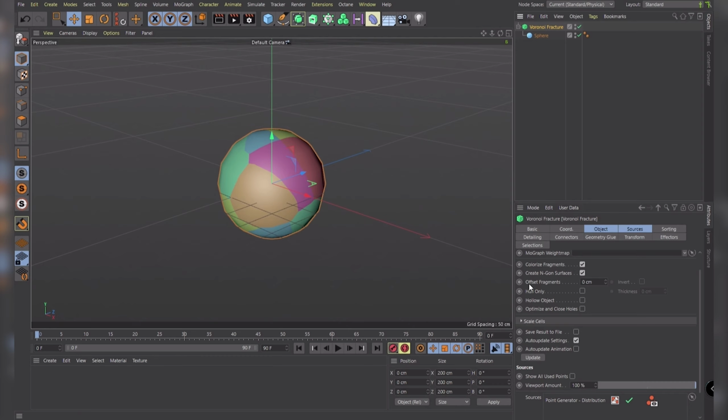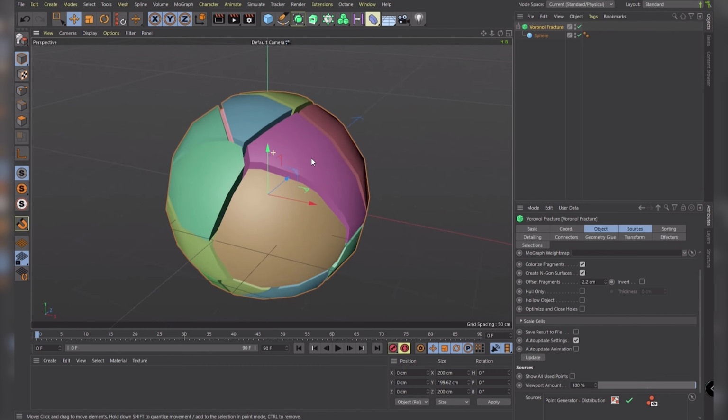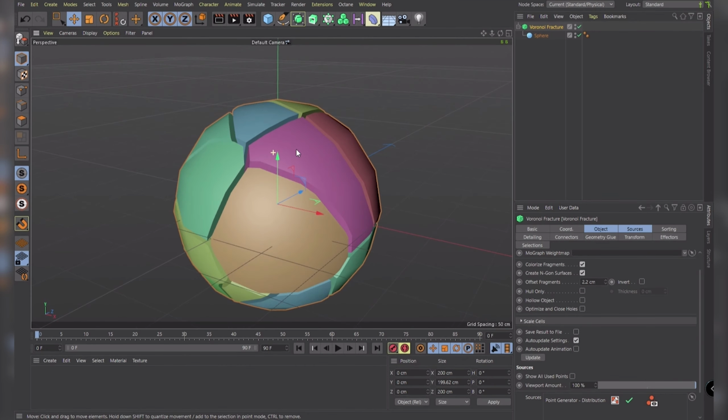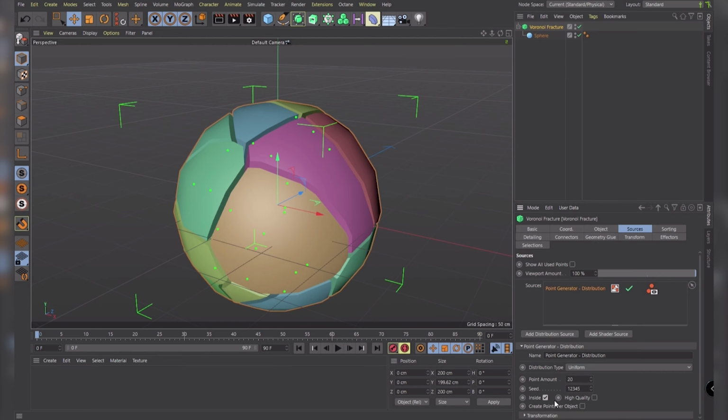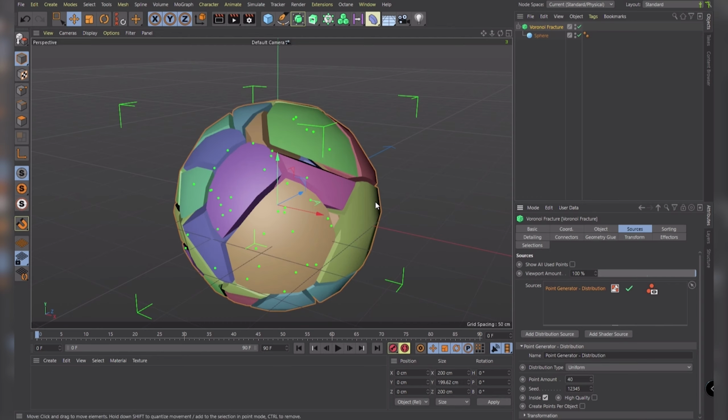It's even more clear if you offset the fragments in here. So something like this. Doesn't really matter which value you pick right now. So you can see we have a lot of pieces that will become the shattered pieces. So we can go even further and go to this Sources tab in the point generator. And down here we have the point amount, which I'm going to bump up just a bit to maybe 40 of them. So that it gives us 40 unique pieces we can put around there, which is probably better than the same 4 or 5 ones every time.